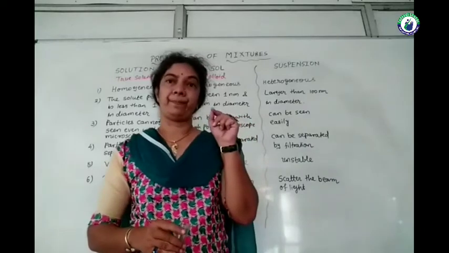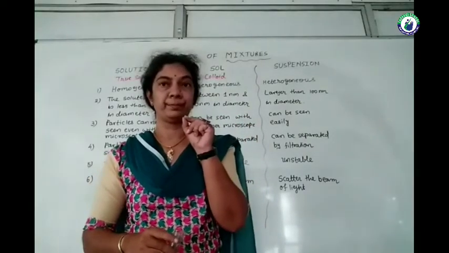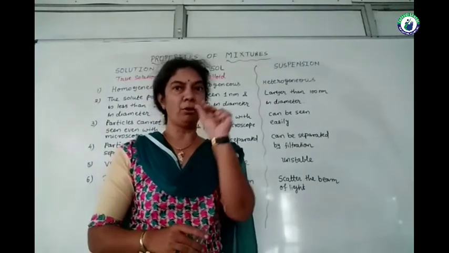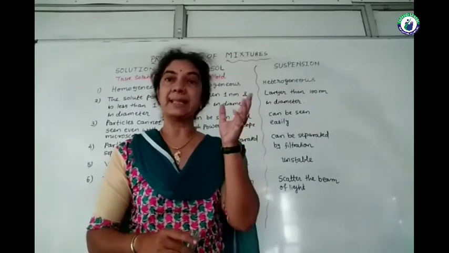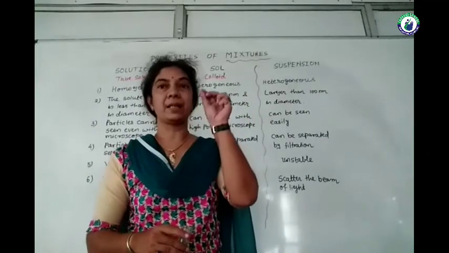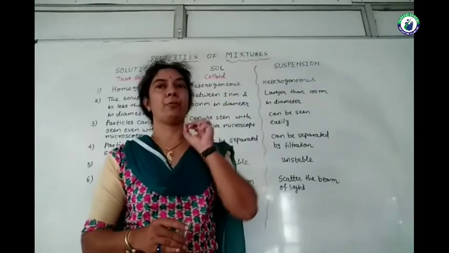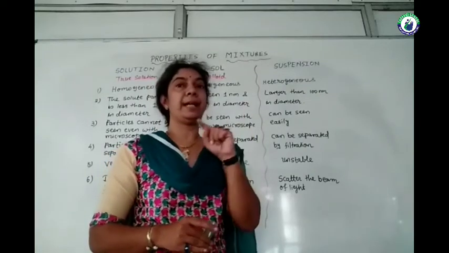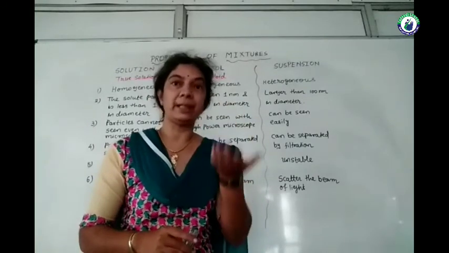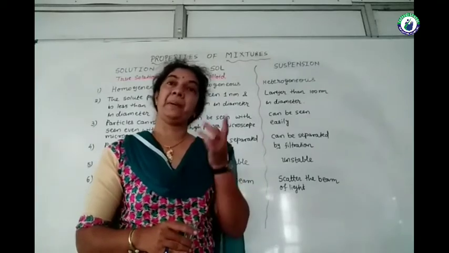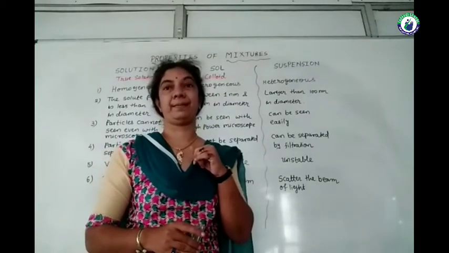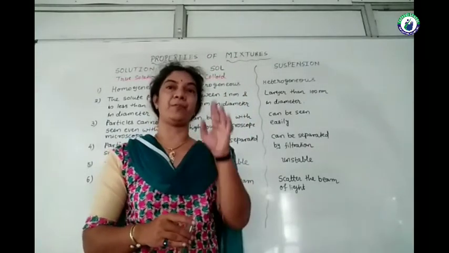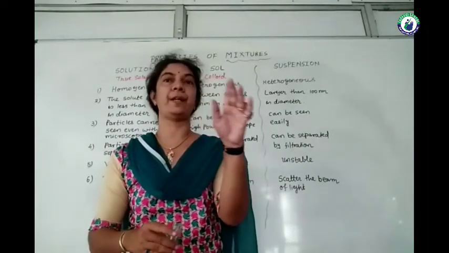Just imagine that in our home we have a very small hole in a window or in the wall or in the ceiling, and the sunlight is coming from that hole into the room. The particles of the air are not visible to the naked eyes. But whenever we see that beam of light on these air particles, we can see the beautiful movement of those particles.